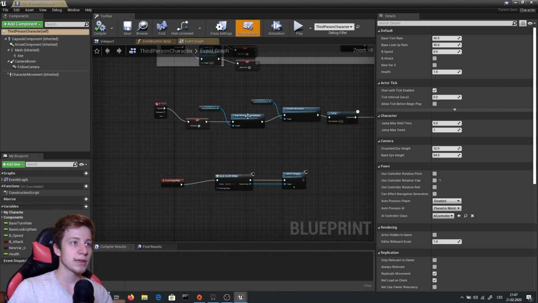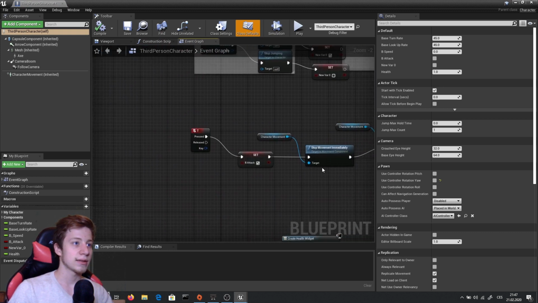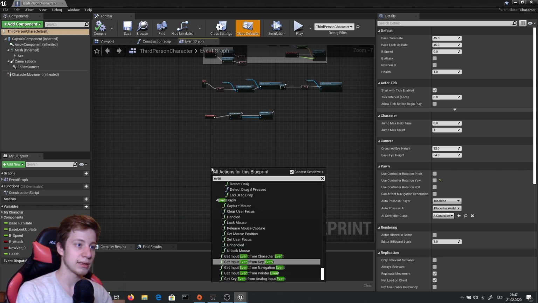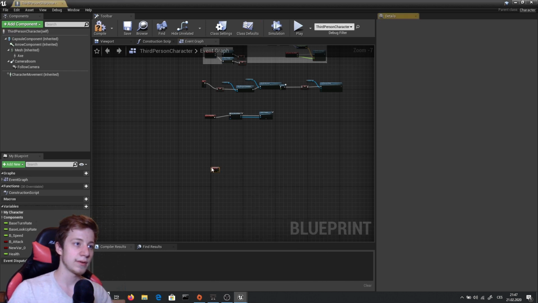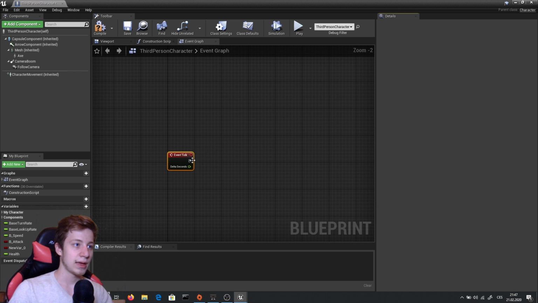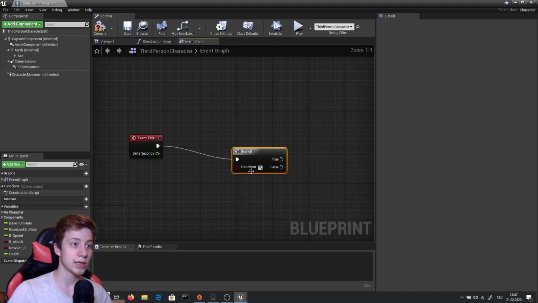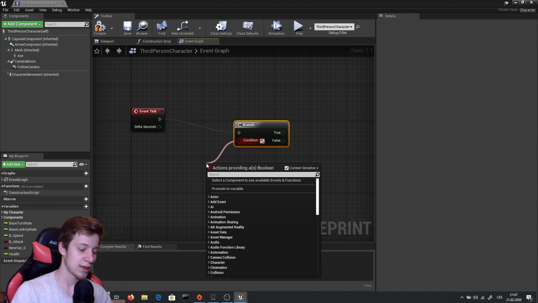Let's go to third person character and set it to event tick. It seems like we haven't created anything for event tick, so let's right click and create event tick. Oh, come on, where are you? Event tick. And add here a branch. Branch, I don't mean that food, it's just branch. And that condition will be